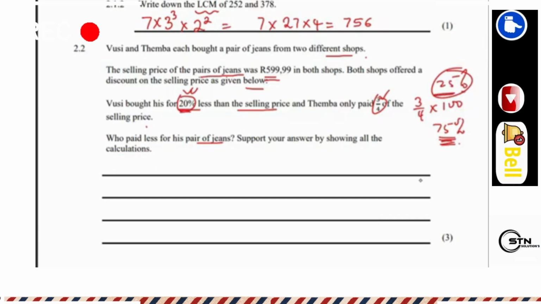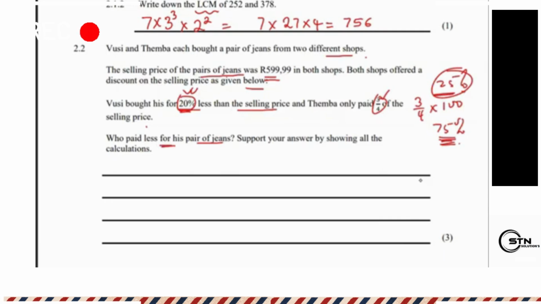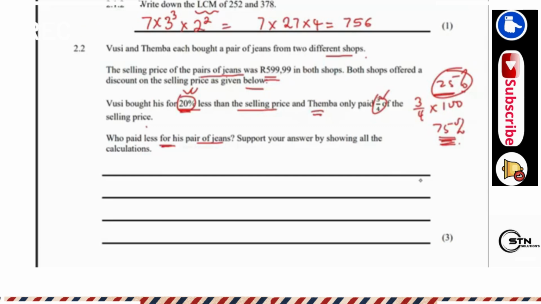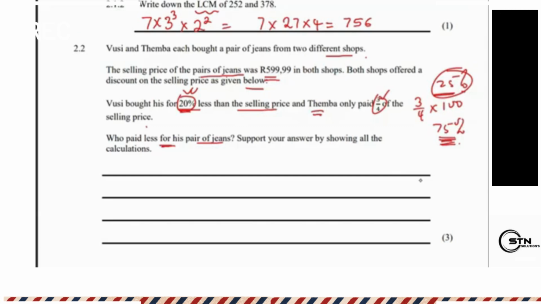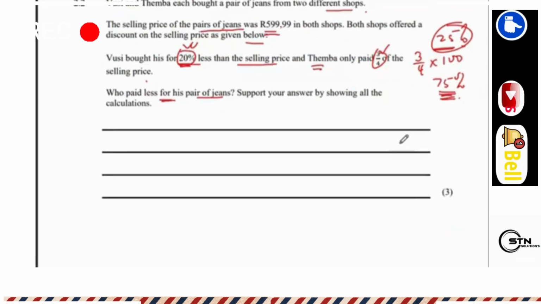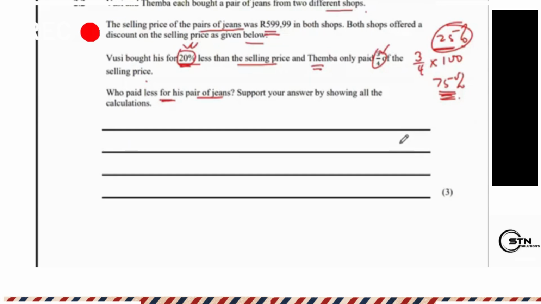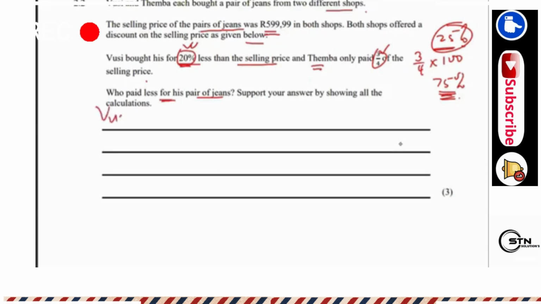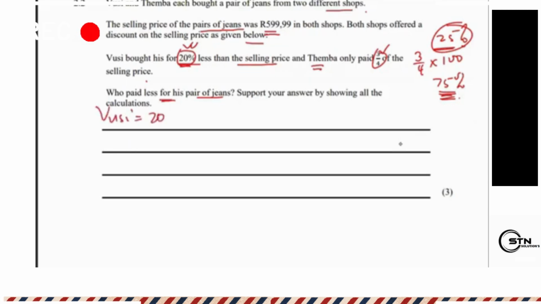So they're asking us who paid less. We know it's Temba. But for the sake of the calculations, what the examiners want is for you to show the steps with the amounts. But of course, for this kind of approach, I would give somebody marks because you've compared the fractions and we know definitely. Okay, so if I look at Vusi's purchase, we know that 20% is the same as